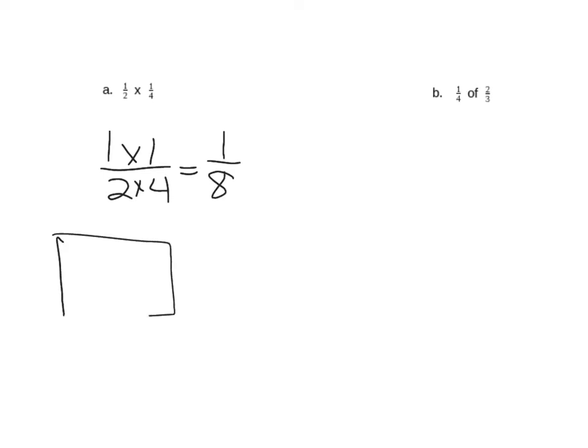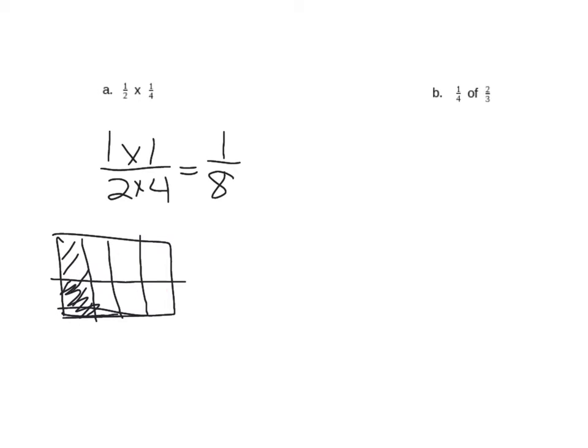You could also draw a picture, and you should be familiar with drawing these pictures because they're going to ask you or possibly show you a picture, and you're going to have to understand what it's saying. So 1/2 of 1/4 is 1/4 shaded, and then splitting it in half and showing a half. What's shaded by both is 1 out of 1, 2, 3, 4, 5, 6, 7, 8, which proves that the